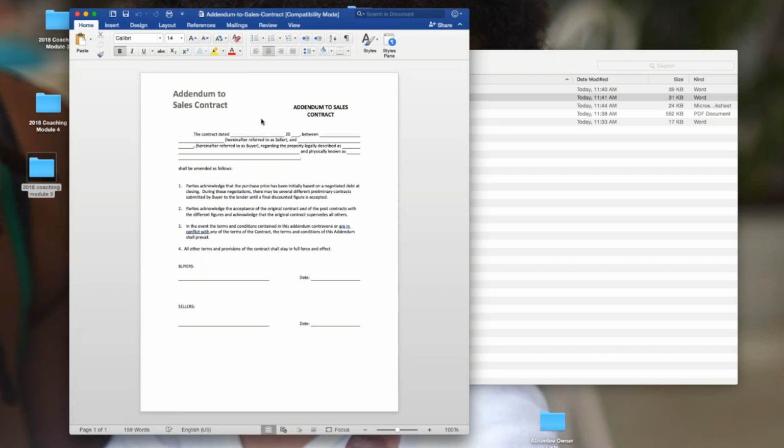Whenever you need to make a change to the contract, you get an addendum, and then you need to sign it. The seller and the buyer need to sign it. So that's one thing. It's called an addendum to sales contract. Always remember that, even in your day-to-day dealing with contracts, the addendum always trumps what is in the contract. So if somebody tries to get you to sign an addendum that's contrary to what's in the contract